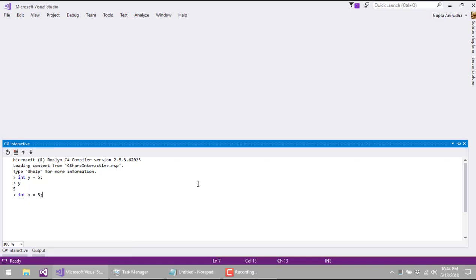For example, I do this, so it will be 11. Okay. So this is the basic thing that you can use here. And if you want to use something from a class or something, you can simply go to